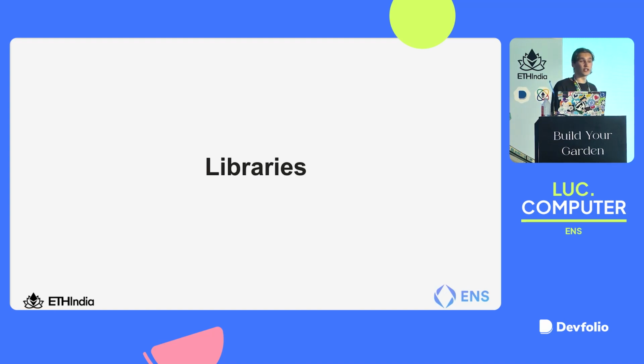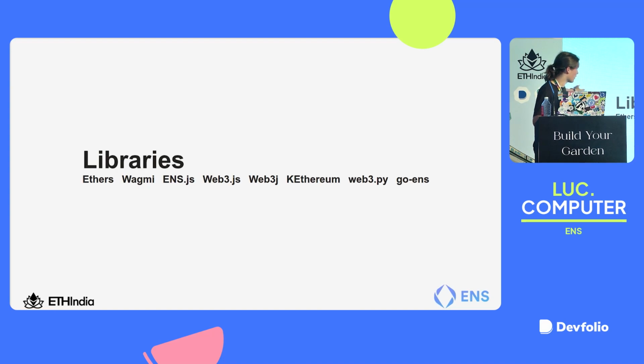WAGMI provides React hooks wrapping Ethers. Super nice. So if you use RainbowKit, if you use Web3 Modal, if you use any of the sorts, ENS is already built in. And it's going to be one line of code away. So all you do is, for any of these cool libraries, and there are more than this, these are just ones I have worked with to make sure CCIP, DNS, and all of the other cool stuff is integrated. It will automatically have a get ENS name or use ENS name, use ENS avatar React hook for WAGMI, for example. I really like WAGMI because it makes dApps so easy.